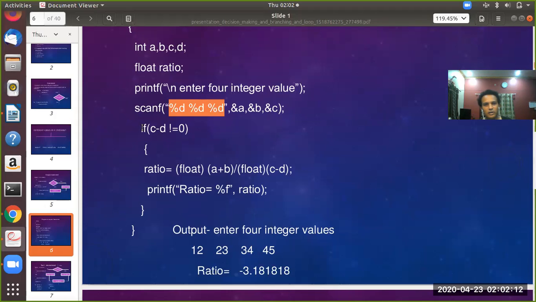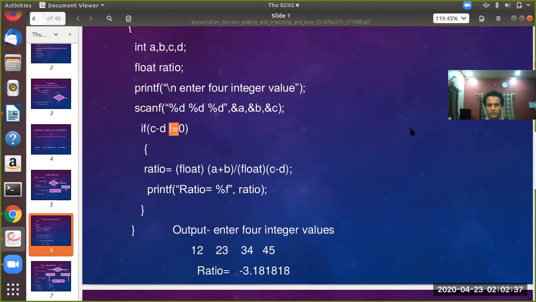Now here this is what we are doing. Say the next if statement comes. Within the if statement we are mentioning a condition, that is, check whether c minus d is not equal to 0. So this is called not equal.